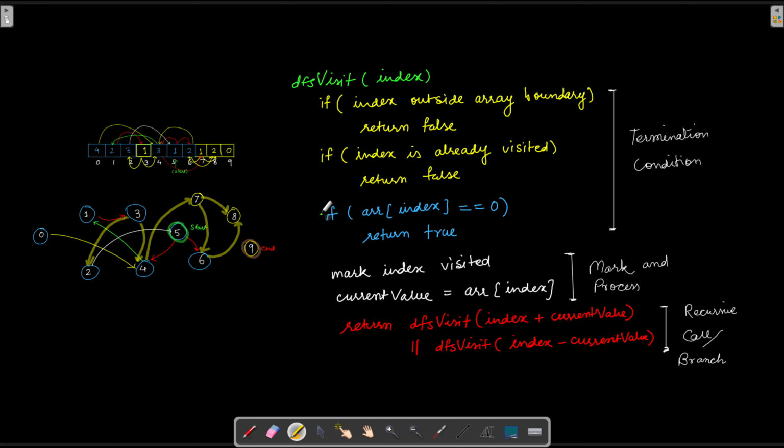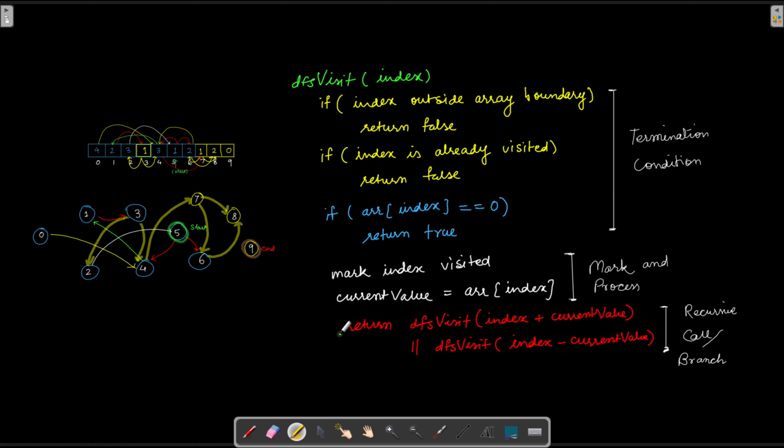Then the next step, this is the final or the desired outcome, where we see if the value contained inside any array is going to be 0, then we return true. Now about the process step, there we mark the index as visited, and then we also take the current value, that is the current value that is contained inside the current index. So that is array index.